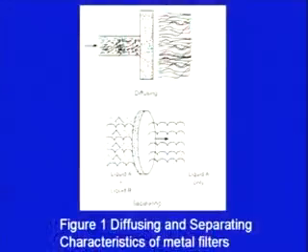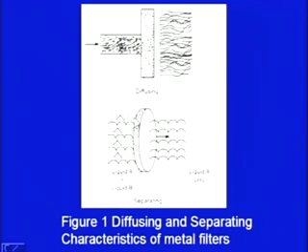This can be explained with the help of a diagram. In the diagram, it is very clearly seen. Here it is liquid A and liquid B, and we are passing it through a metal filter, and here we are getting only liquid A. Similarly, here the diffusing is taking place. We have some air stream, here we get different types of air stream where the moisture may be arrested by this metal filter. So, diffusing and separating characteristics of metal filters have been depicted in this application of powder metallurgy product.